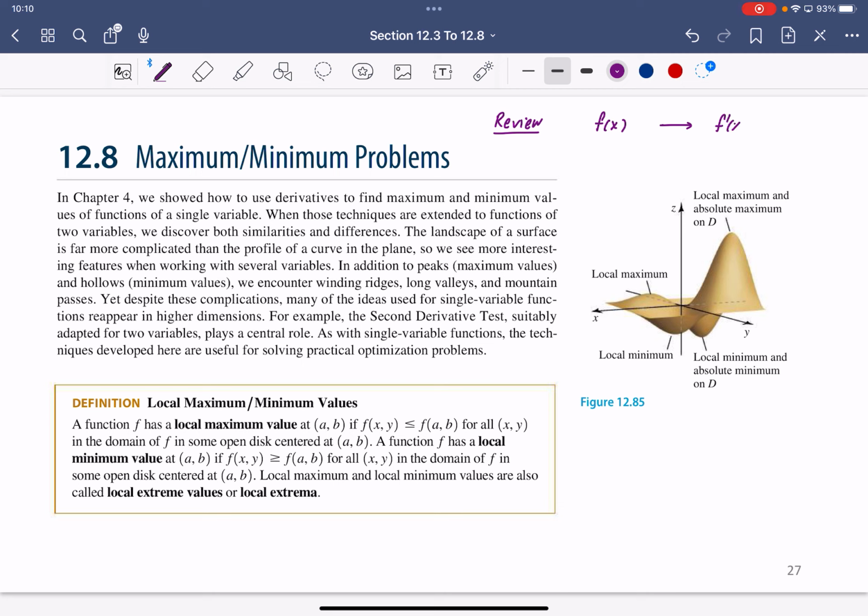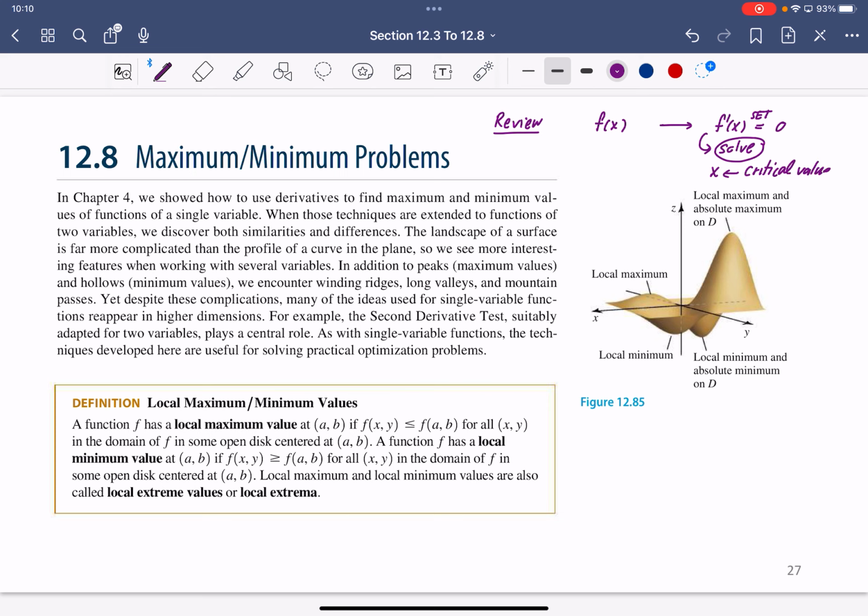You take f prime x and then you set it equal to 0. Everyone should remember how to do this, and then you solve for this equation. Once you solve it, you're gonna get the x value that gives you f prime x equal to 0. That x we call the critical value,